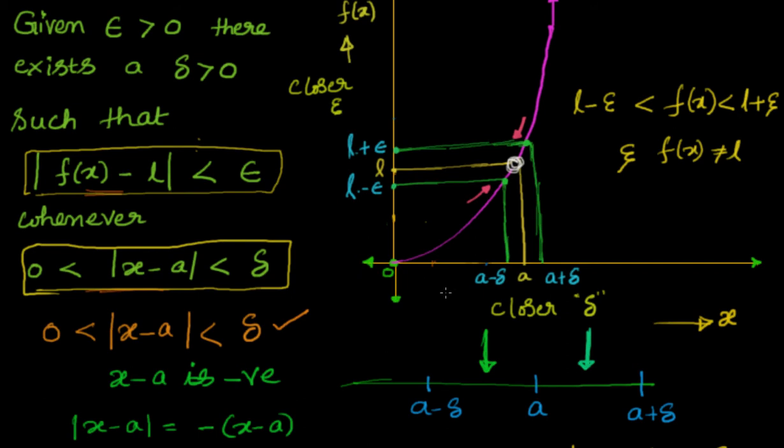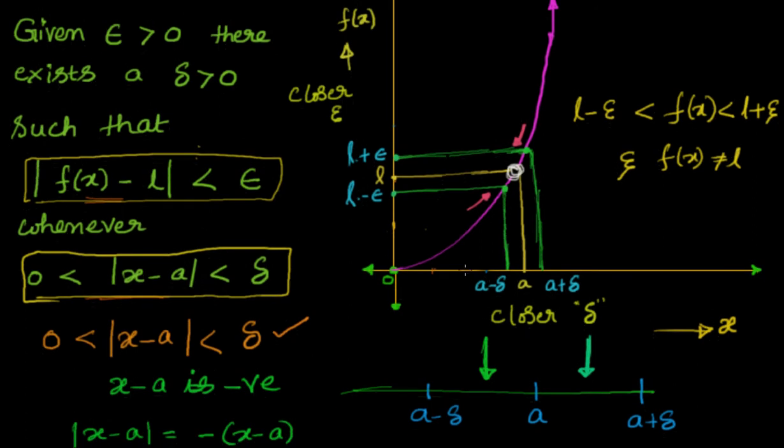So you can see that the definition is in line with our understanding. Our understanding is if you go closer and closer to a, your f of x should go closer to l. So that is what we are saying here, that if x is between a minus delta and a plus delta, then f of x will be between l minus epsilon and l plus epsilon. So this is just another way of stating our understanding from earlier. Only the thing is we are saying closure. Now what is the meaning of closure? For that closure we are giving that delta on x and epsilon on f of x.